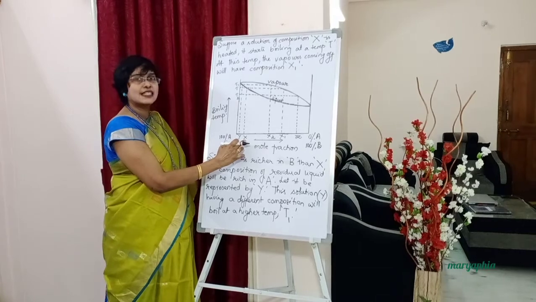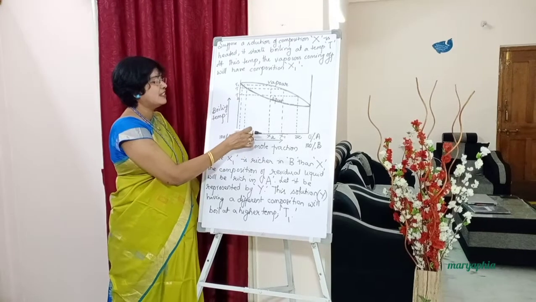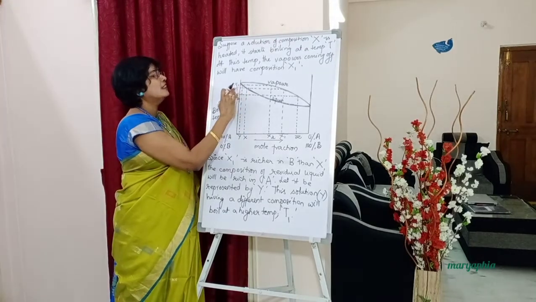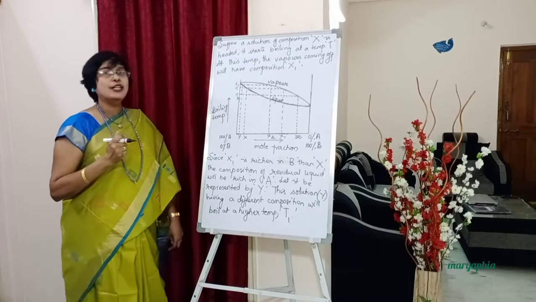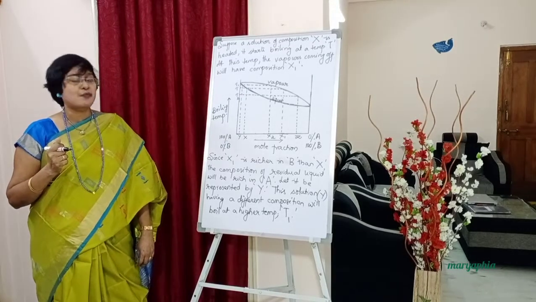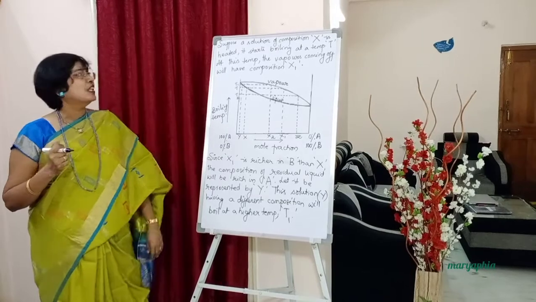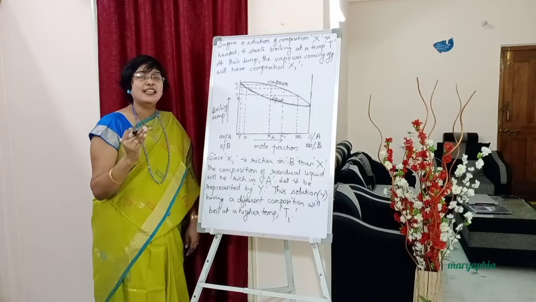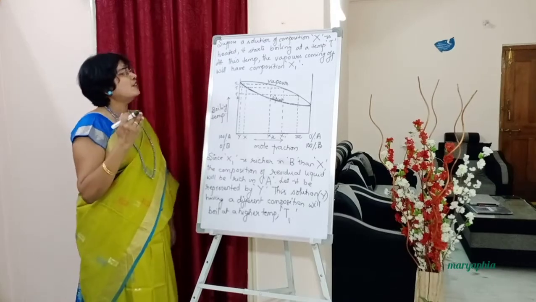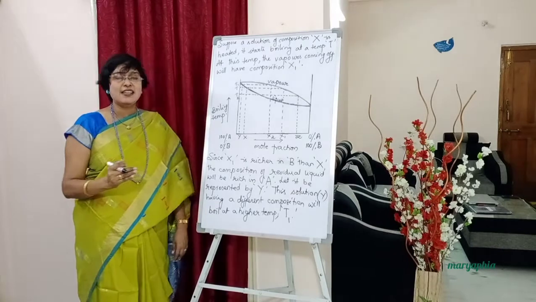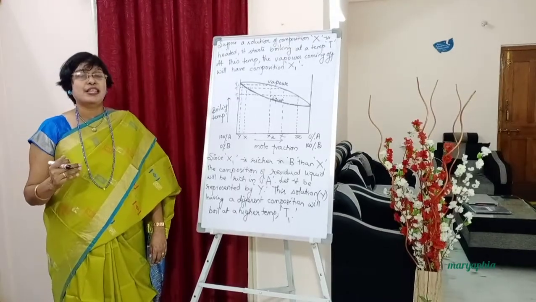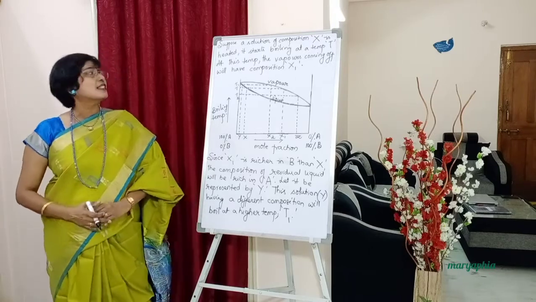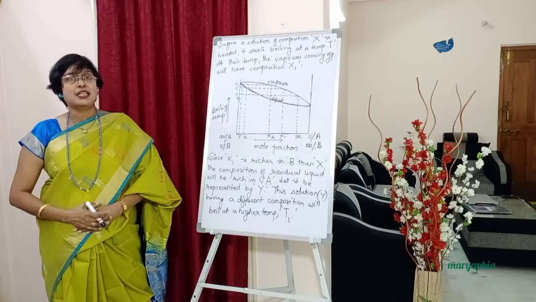Okay, so X, the solution having composition X, when it is heated, starts boiling at this point, which is denoted by T, that is the boiling temperature of the solution having composition X. Okay students, it starts boiling at a temperature T. Carefully write: Suppose a solution of composition 'X' is being heated. It starts boiling at a temperature capital 'T'. Please put all these terms in inverted commas. 'X' in inverted commas, 'T' in inverted commas.